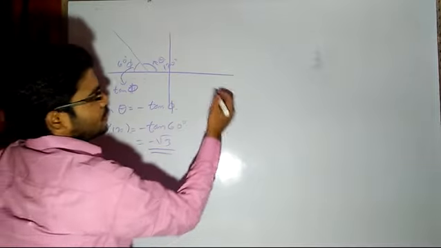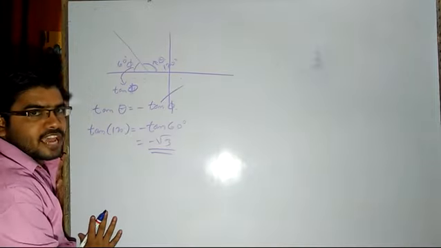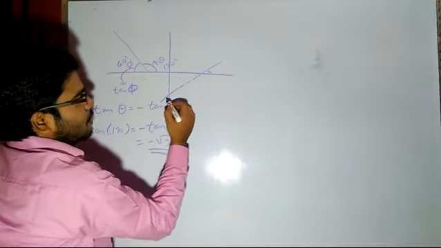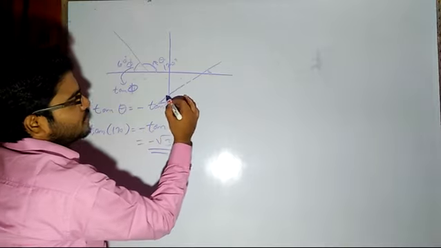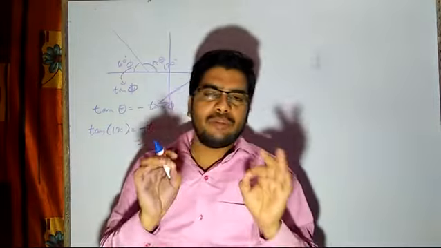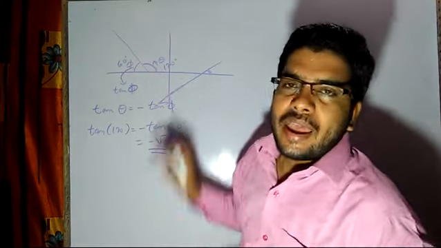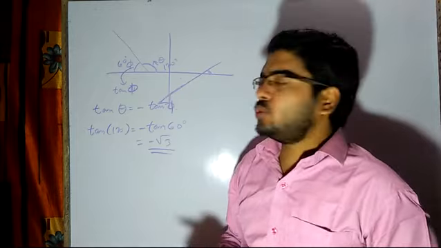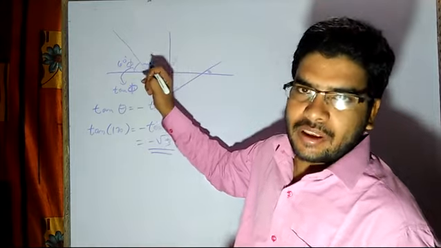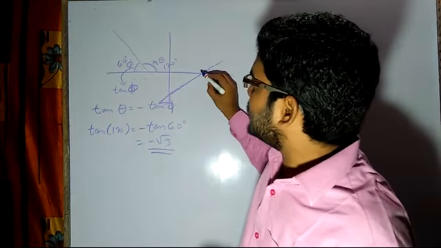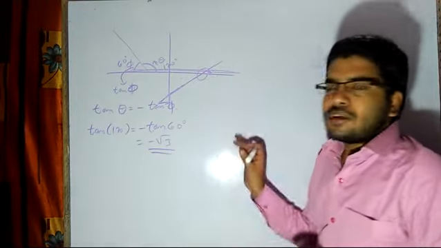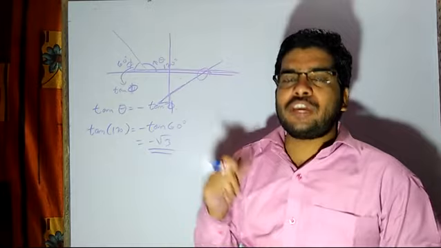Suppose the line is cutting like this and only this much is shown to you. Then what you have to do is extend this and then measure this angle, because here they may form a triangle. So wherever the line may be in the xy plane, you have to just extend that line in such a way that it intersects the x-axis.